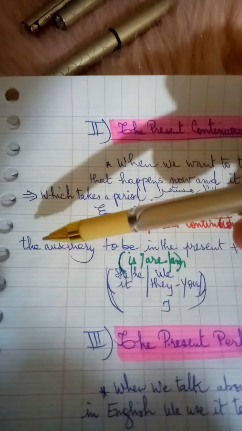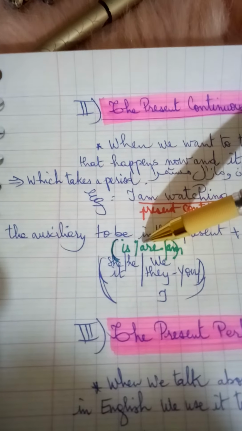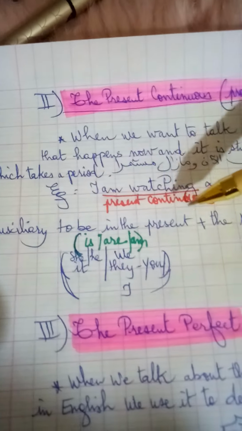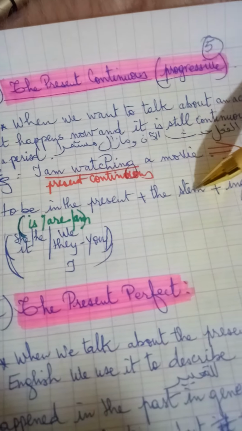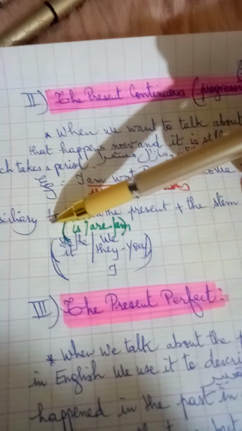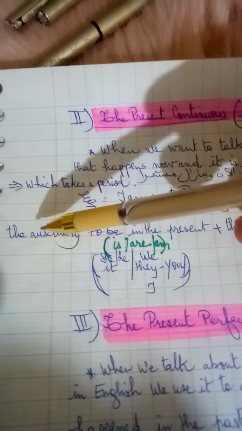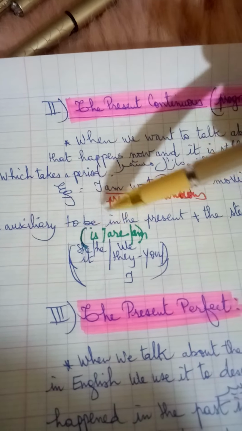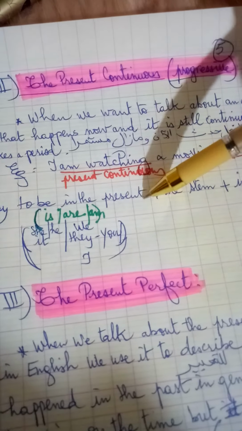اوكي عندي the auxiliary to be in the present plus the stem plus ing form. نعاودها to be or the auxiliary to be اللي هي le verbe être in the present plus